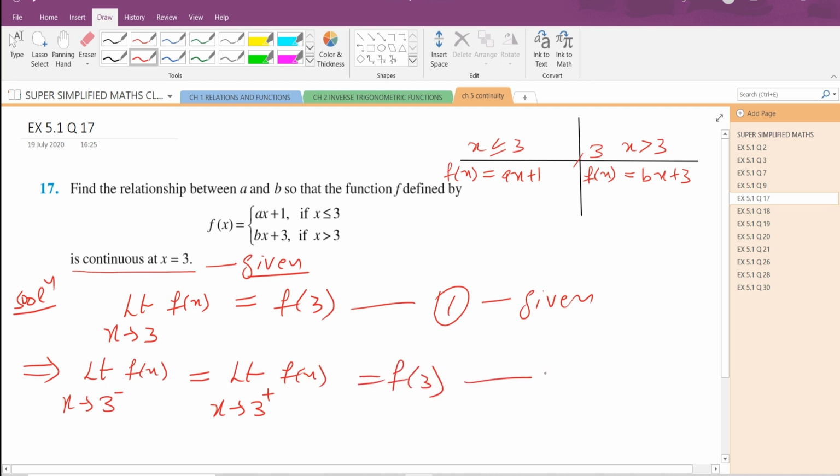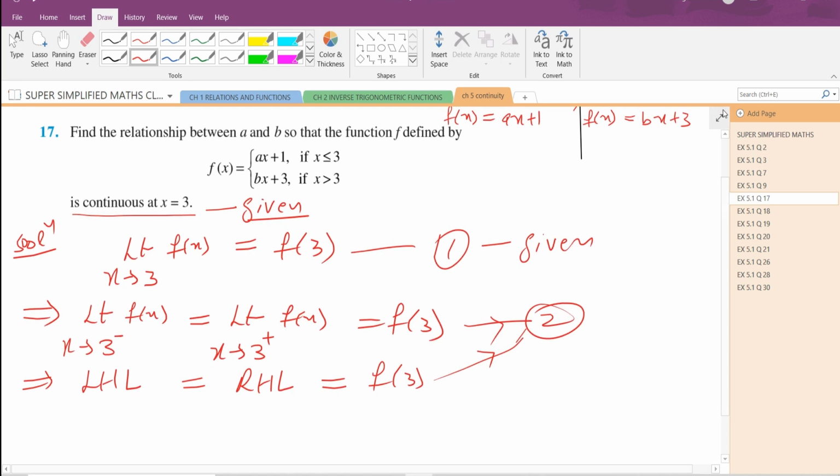So now this is the given equation. We have rewritten the given equation by including the left hand limit and right hand limit both. So this is nothing but the left hand limit of the function at 3. This is nothing but the right hand limit of the function at 3, and this is the value of the function at 3. Now in this case, all the three quantities are given to be equal. So what is our strategy? We are going to find LHL, RHL, f(3), and we are going to equate all the three quantities, and that equation will give us the required relationship between a and b.